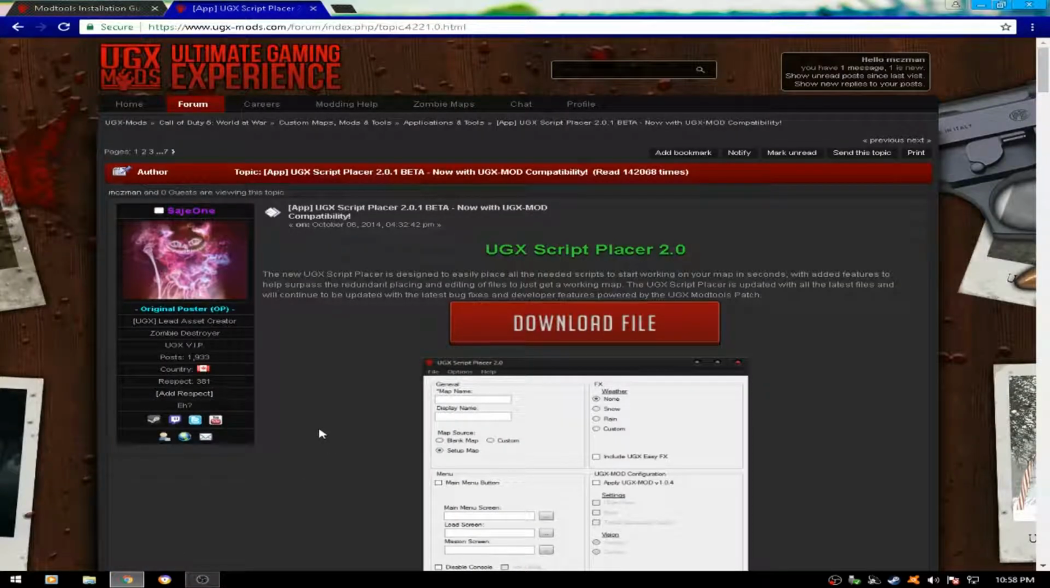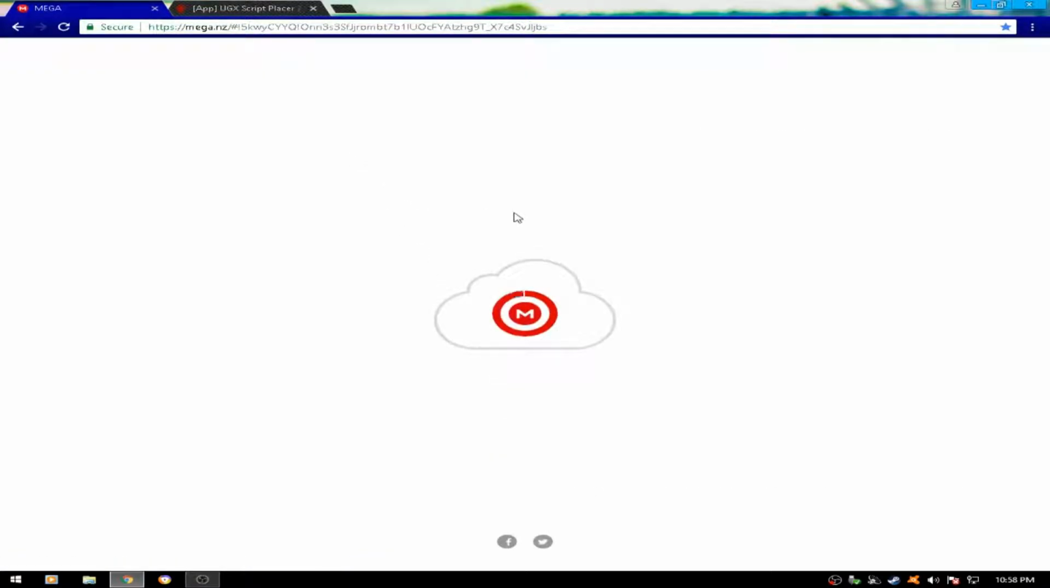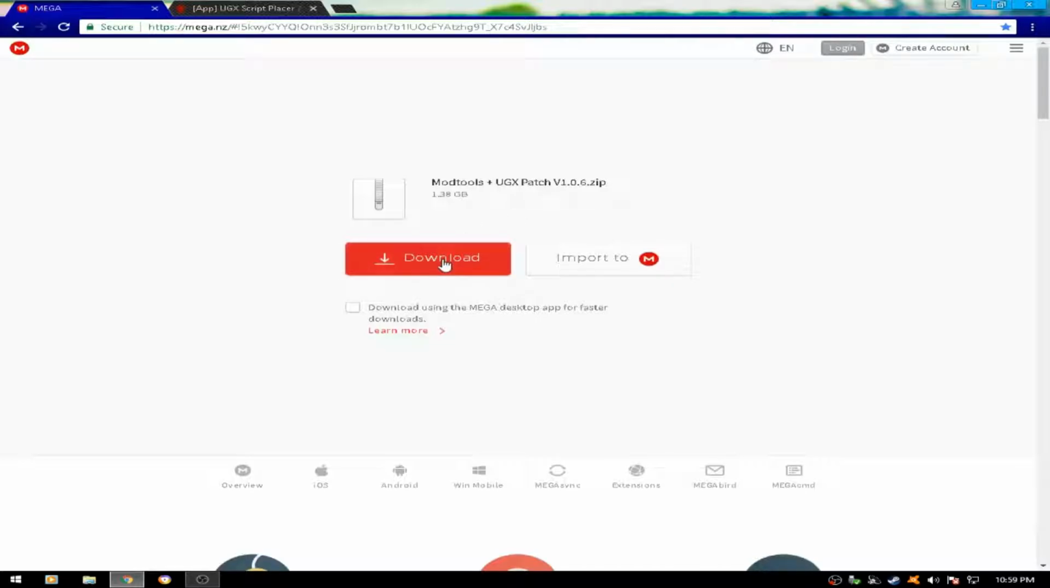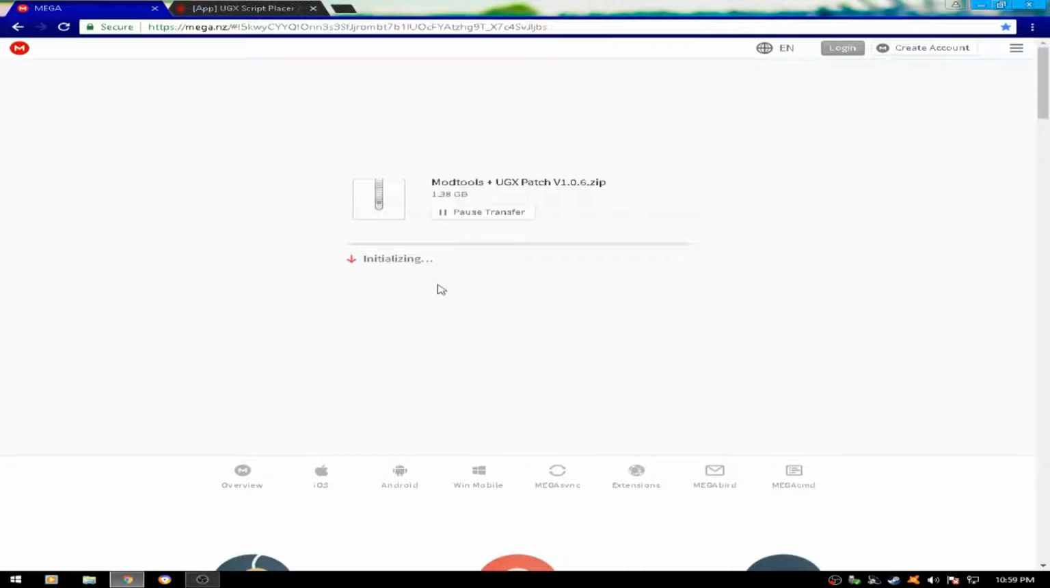So first thing you want to do is go to the link below and download the first one, called the mod tools. That's the most important thing. Alright, hit download. Exit that out. Pop up. Okay, while that's downloading,